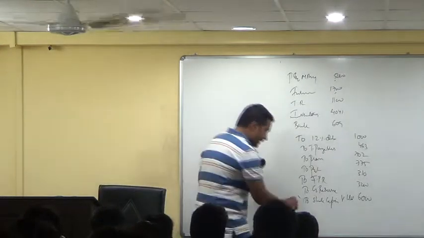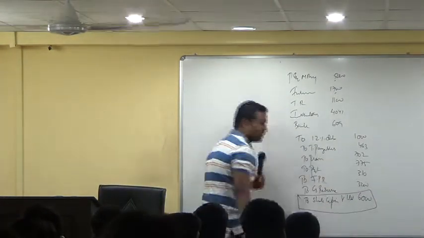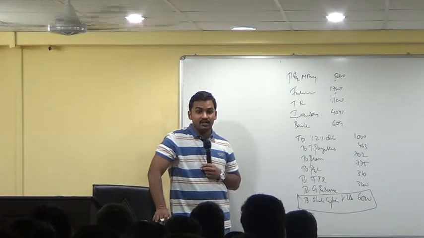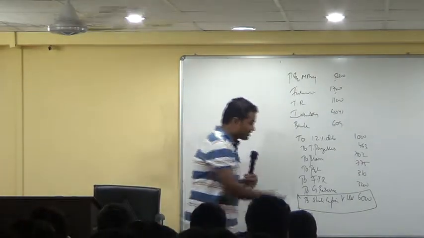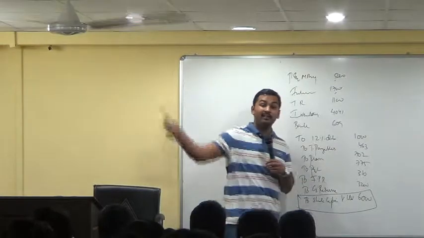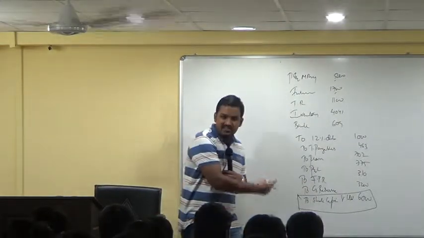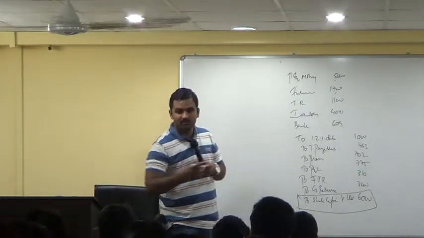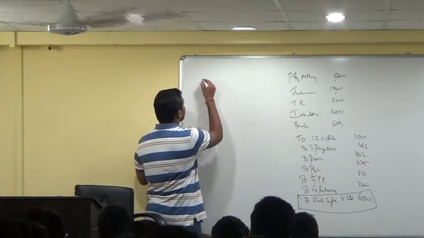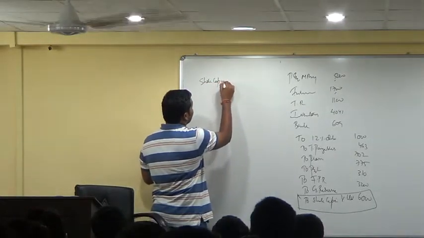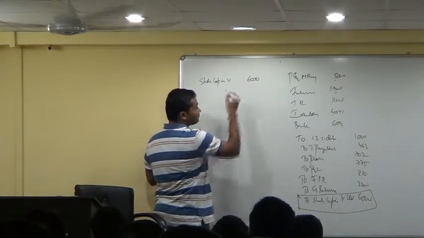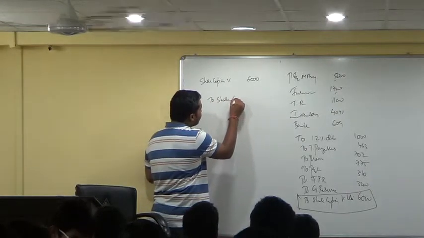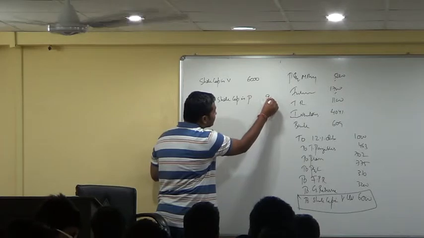But we know that in place of this capital, how much we have to allot now? We have to allot 9,000. Is it clear? This is not share capital in V. This is share capital in V. We have to cancel that account. We have to close that account and allot our capital. So I'll pass an entry like this. Share capital in V 6,000. Close the account. To share capital in P 9,000.